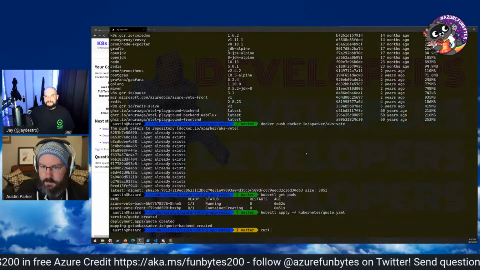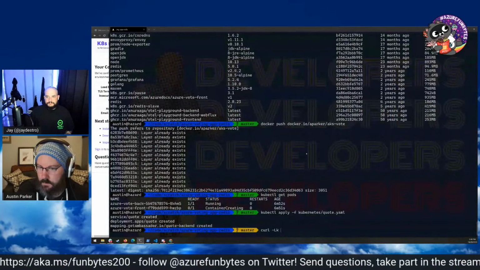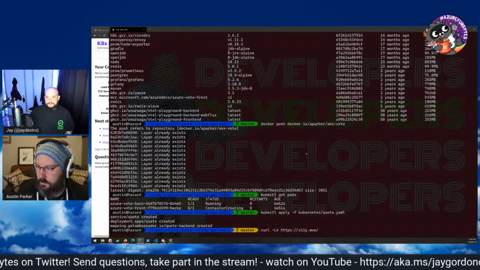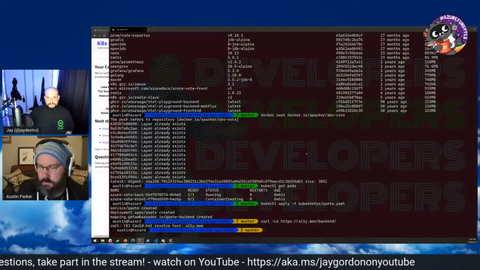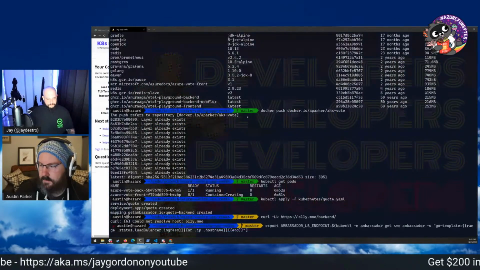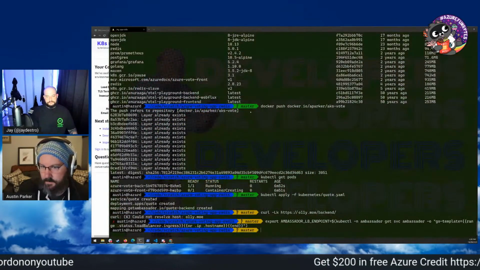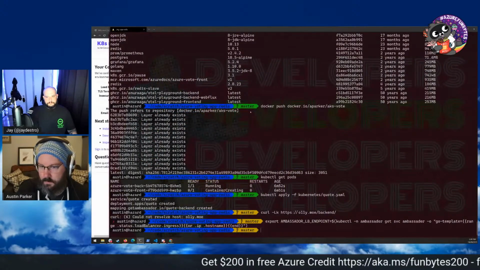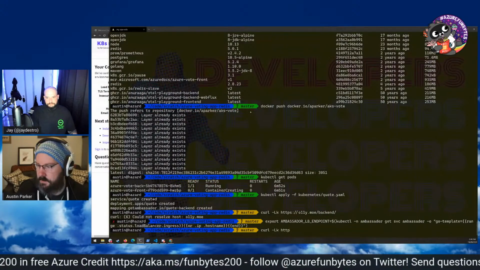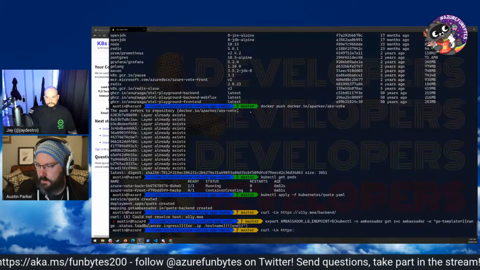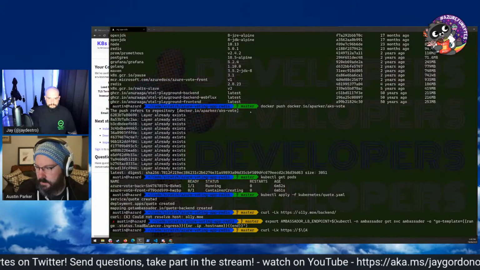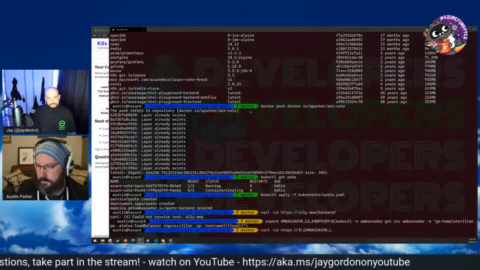What we should be able to do now is... hostname didn't update. That's fine. DNS. It's always DNS. So if we do this, we deployed another service that is much smaller.